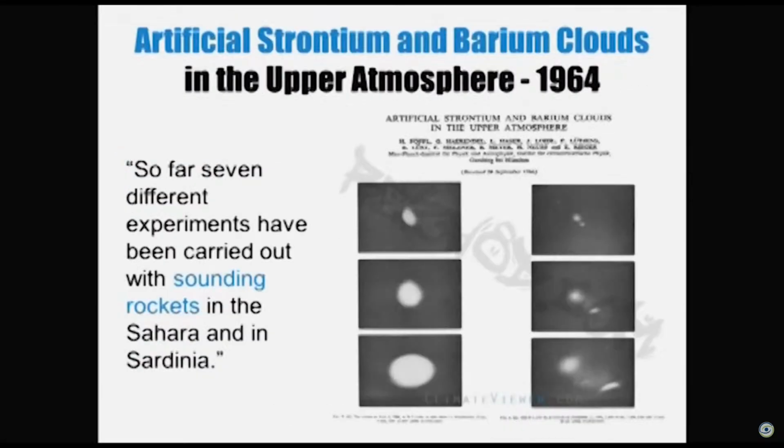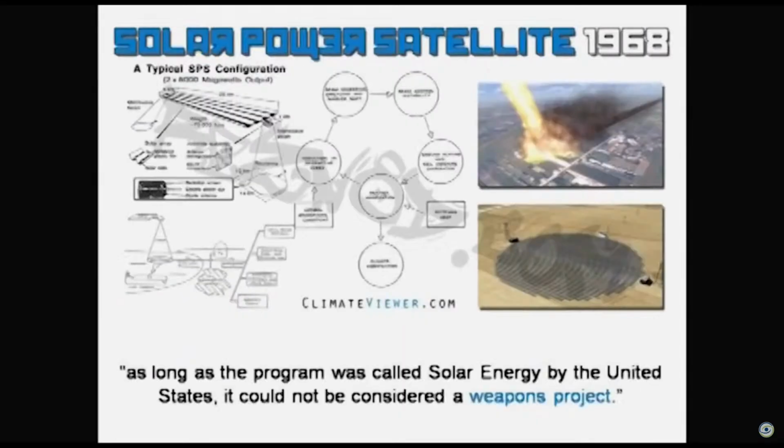These ion clouds are made of barium and strontium. Now, this is something that's usually attributed to chemtrails, and that's because people don't know the 60-year history of dumping barium and strontium in space. The reason they do this, the ionosphere is invisible. You need a tracer element to see it. So they dump chemicals up there, they heat them with microwaves, and they can see it. They can also modify it.